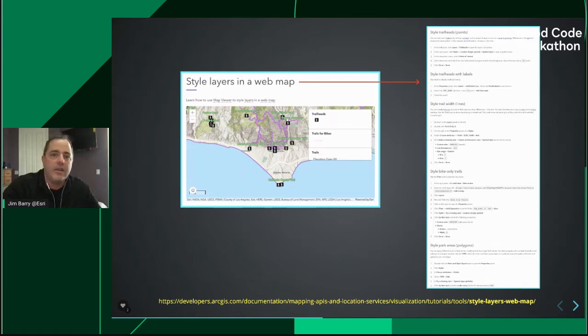And it walks you through doing this process that we call attribute-based symbology. And basically what that means is we're going to give the features automatically, we're going to give them different colors based on information that's in its attribute table. If you don't want to walk through this, you can always click the View It Live link, and it'll show